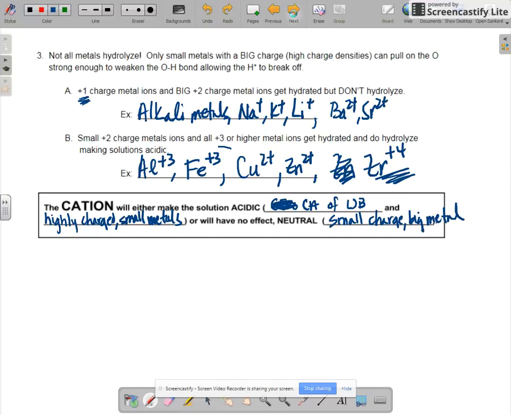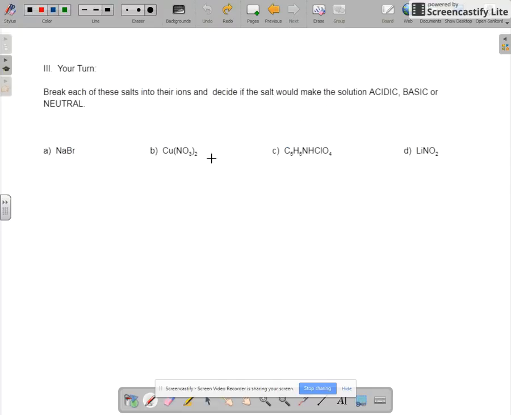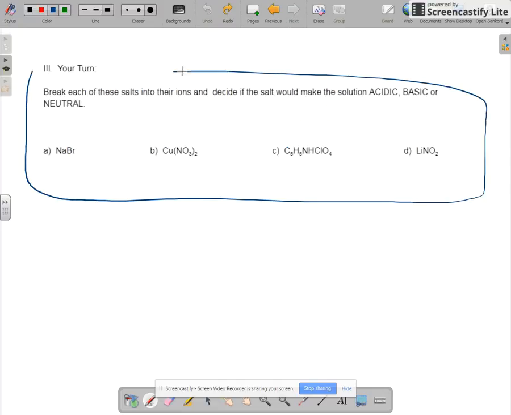So what I want you guys to do is review these notes, come in with questions, but I do want you guys to do these examples. And I think the video is going to cut off any second, but I'll try to do an example. What you want to do is basically split it into ions. I'm going to start with this one. Where's the cation? Where's the anion? I start with the anion because I actually recognize ClO4-. So if that's my anion, the whole rest of this thing has to be my cation. So you see how we did that? So start with the